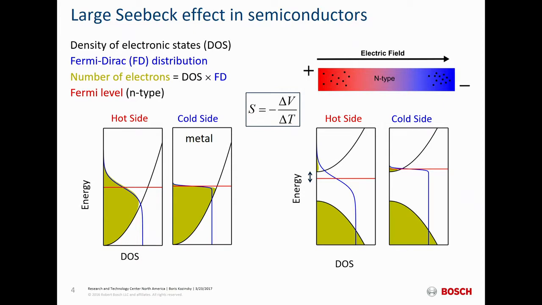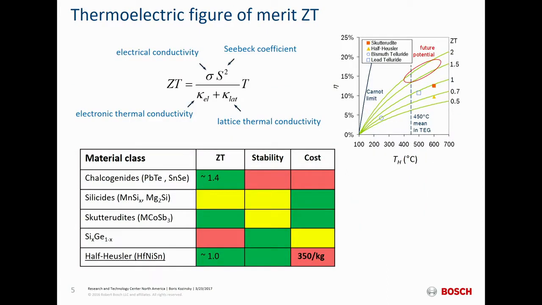And the ratio is the Seebeck coefficient, which is essentially the main ingredient for thermoelectric performance. It's not the only ingredient. The other ingredients for a good thermoelectric are of course electronic conductivity, sigma, so that your material can actually conduct electrons and you can extract the current. There's also electronic thermal conductivity in the denominator here, and lattice thermal conductivity. Those you want to be as low as possible because you don't want the temperature gradients to relax without producing any useful electricity, right? So this is a figure of merit which we're trying to predict